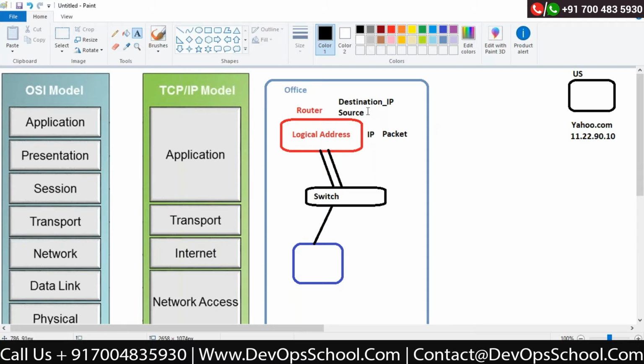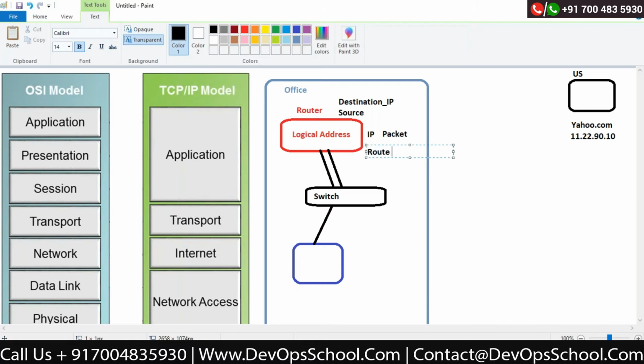Then he should find out the best route to reach this particular destination. The job of the router is to find the quickest, fastest route to yahoo.com. This is the function of the router. And he will do it with the help of the concept called route tables.